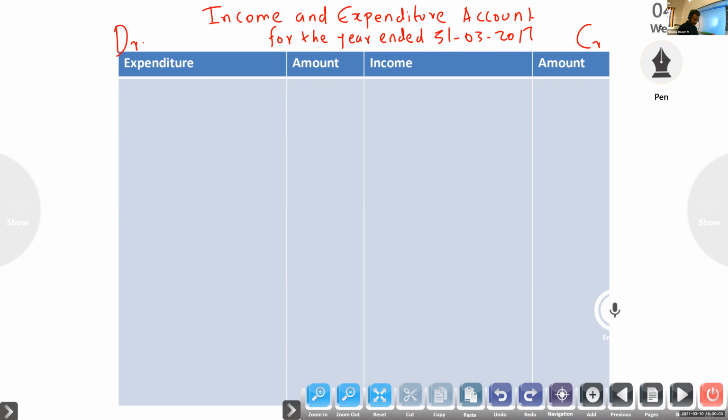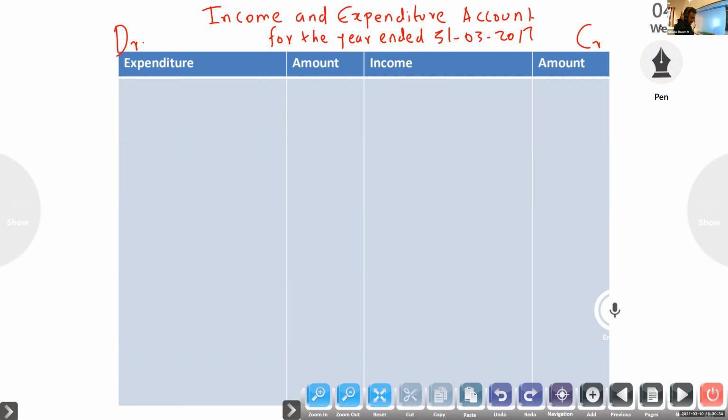Then this salary included last year's salary. So you look at the last year salary we paid, 6,000. In this case, you have to look at the opening balance sheet outstanding salary: how much amount? 6,000. That we paid, so we have to deduct it, because here we write only the current year. It is included from last year, so you have to deduct it.